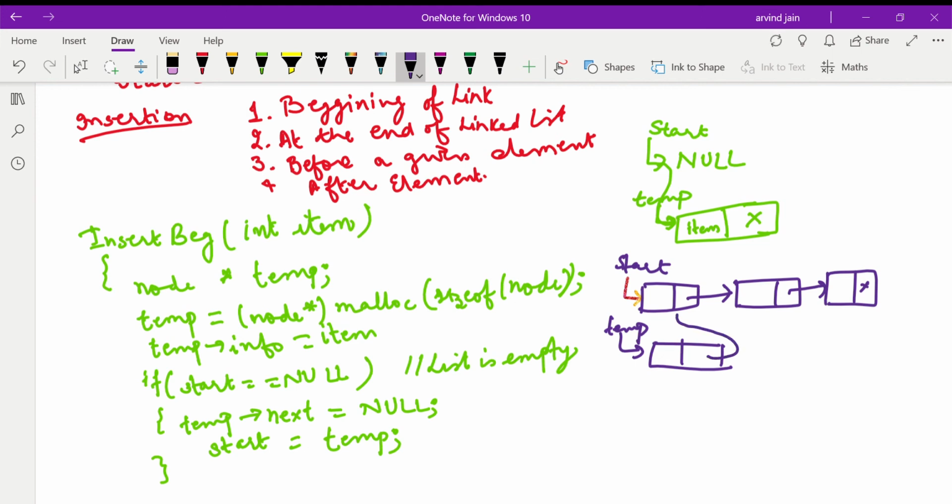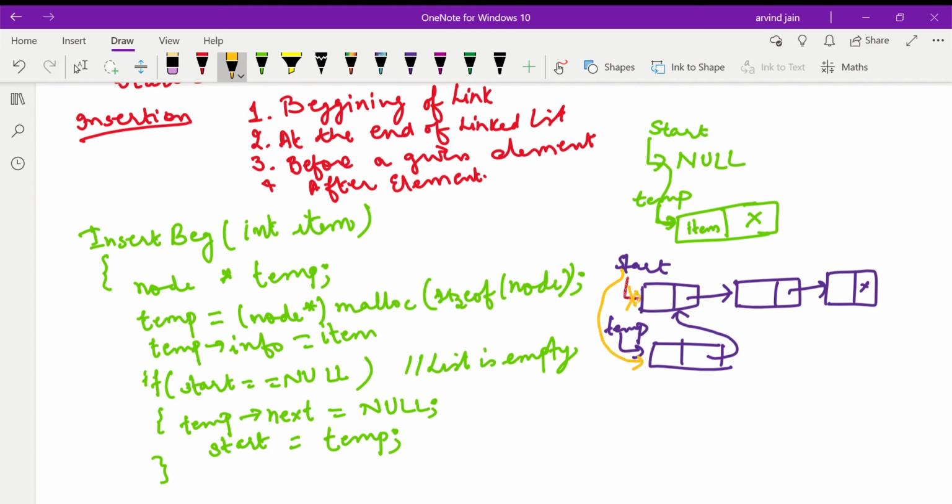Now the first node of the linked list, what will it become? It will become the second node. That means it should be the successor node for the newly added node. Therefore temp next should point to start, and the new node now becomes the first node in the linked list. Therefore now start is pointing here.